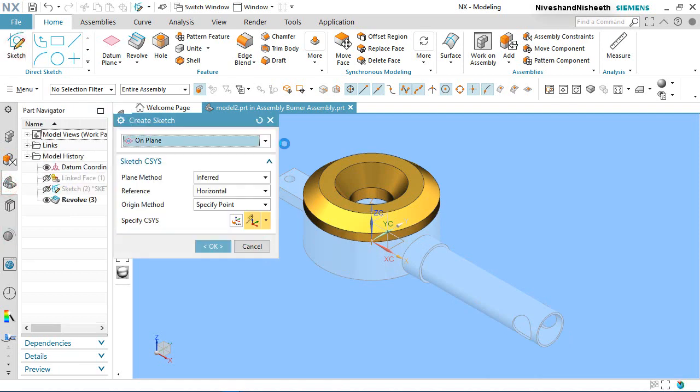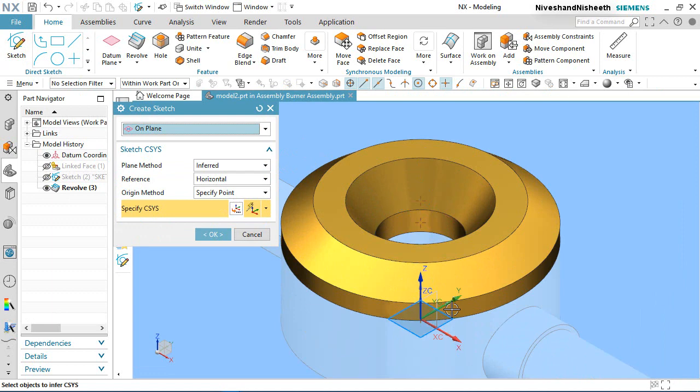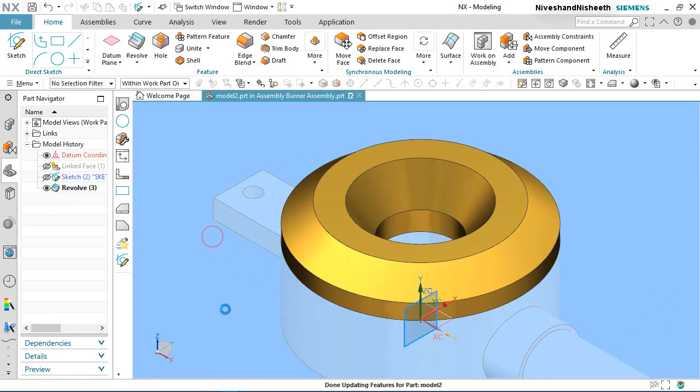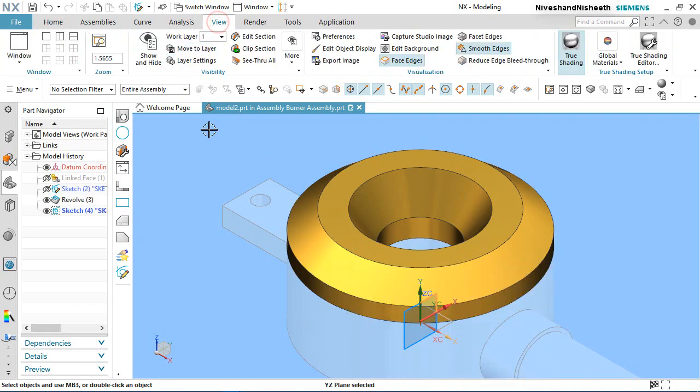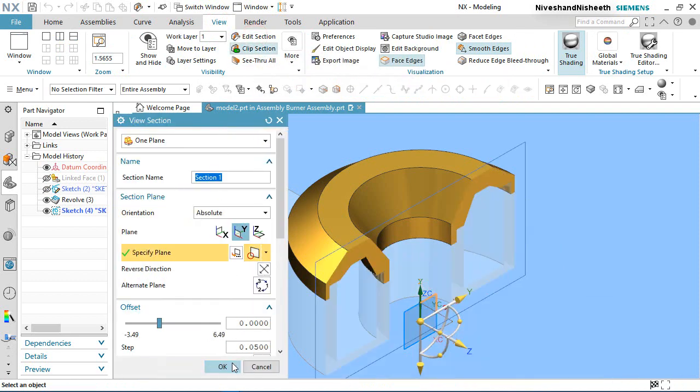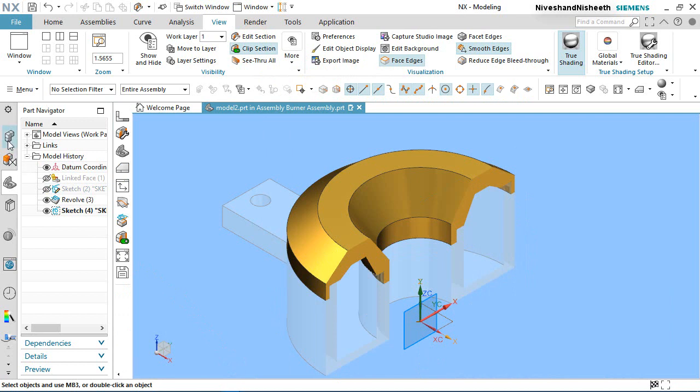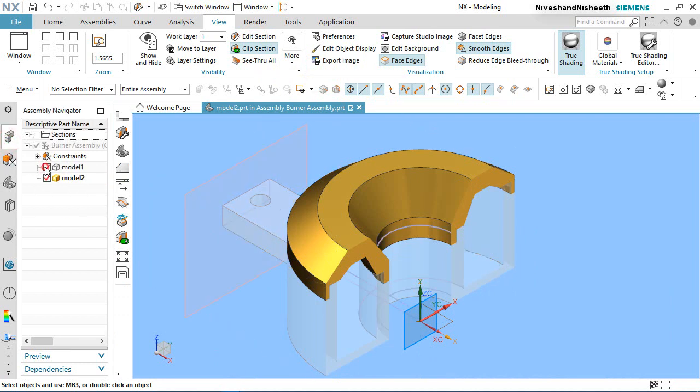Click create new sketch and select the YZ plane. Select XYZ plane and choose the section view. Now close the visibility of model 1.